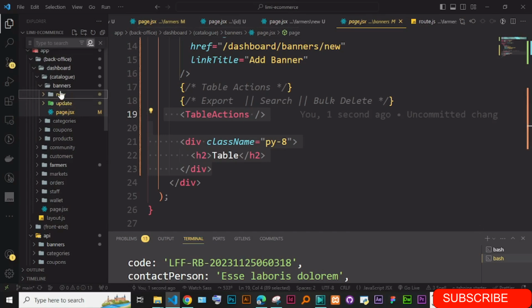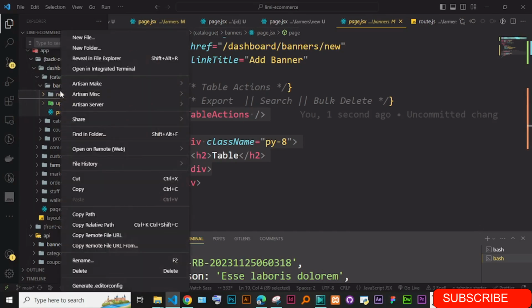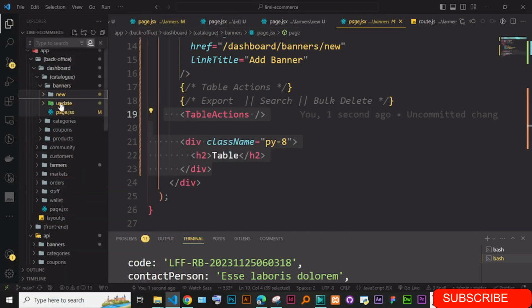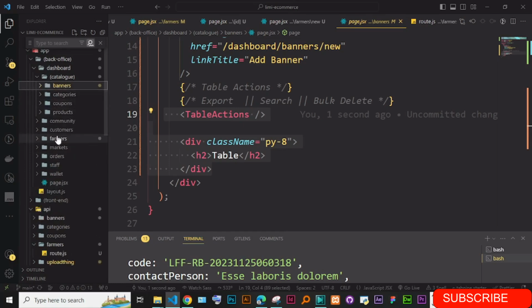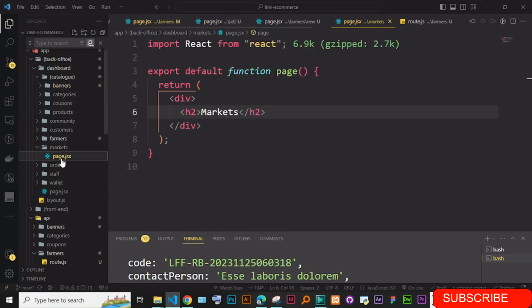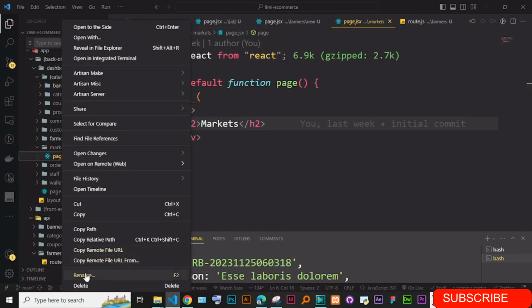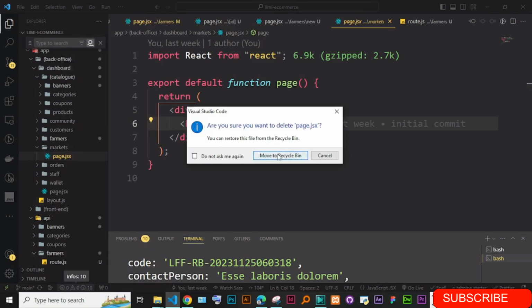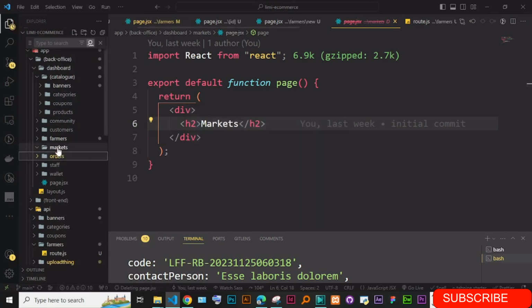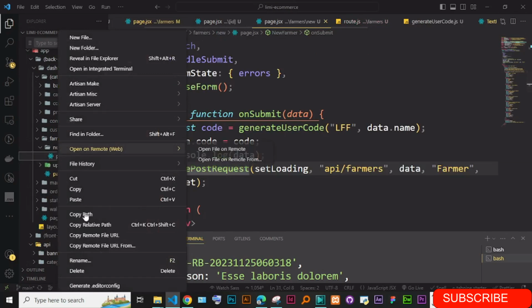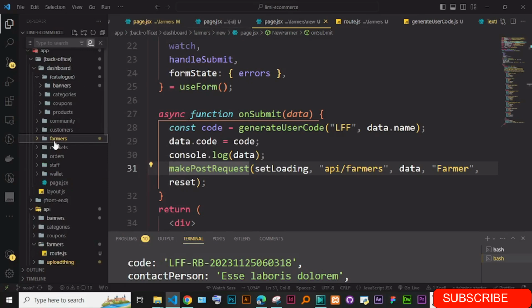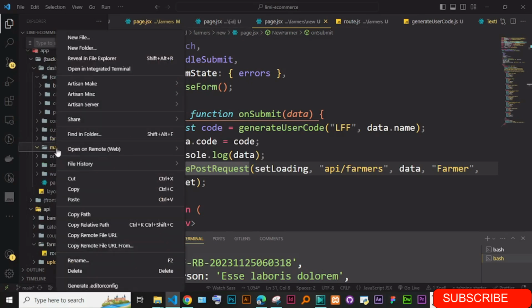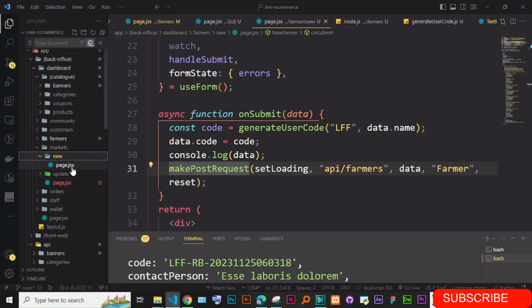See if I can select all this, right click, copy, and let me just go to the market. Okay, and you could just remove this since we actually, and then click on it and paste. I'm in a wrong place. Just click on these markets, paste. Okay, so we have